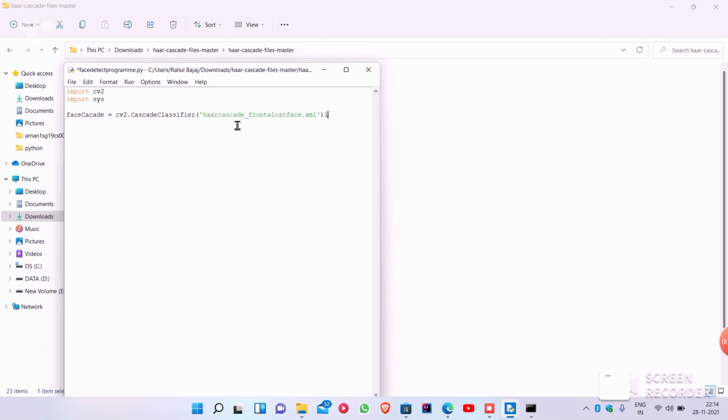After importing our cascade file, we are going to detect the video from our camera. So one variable named video capture.